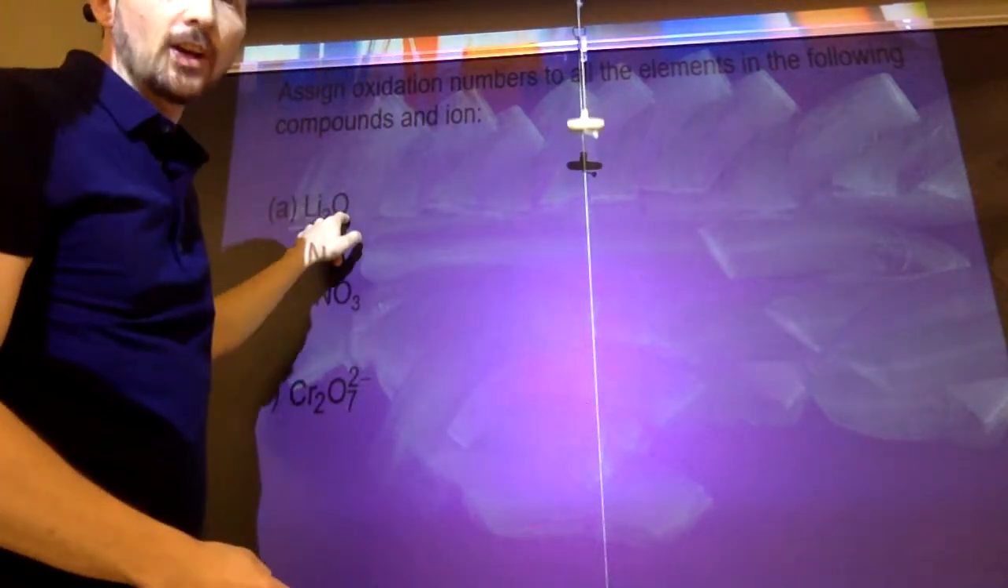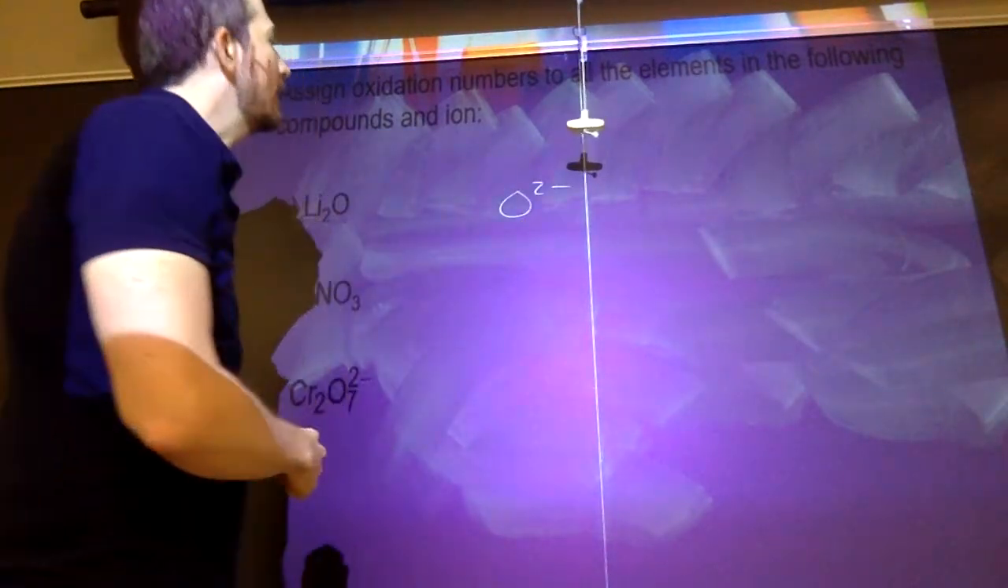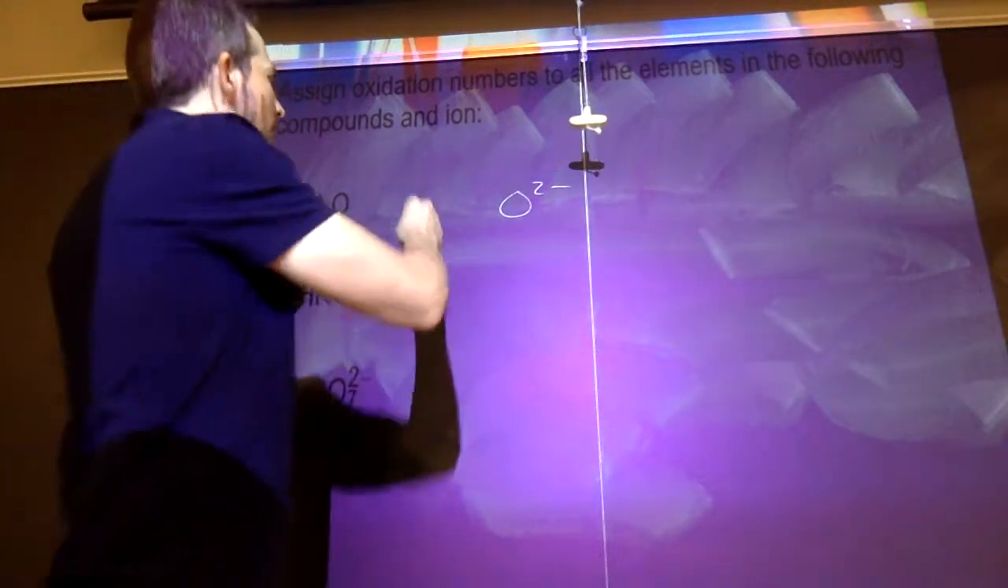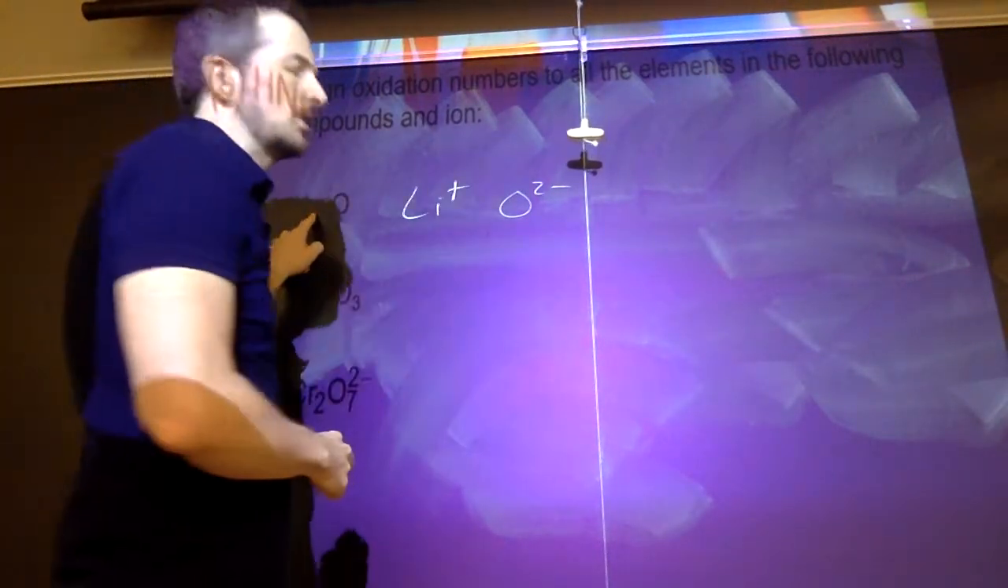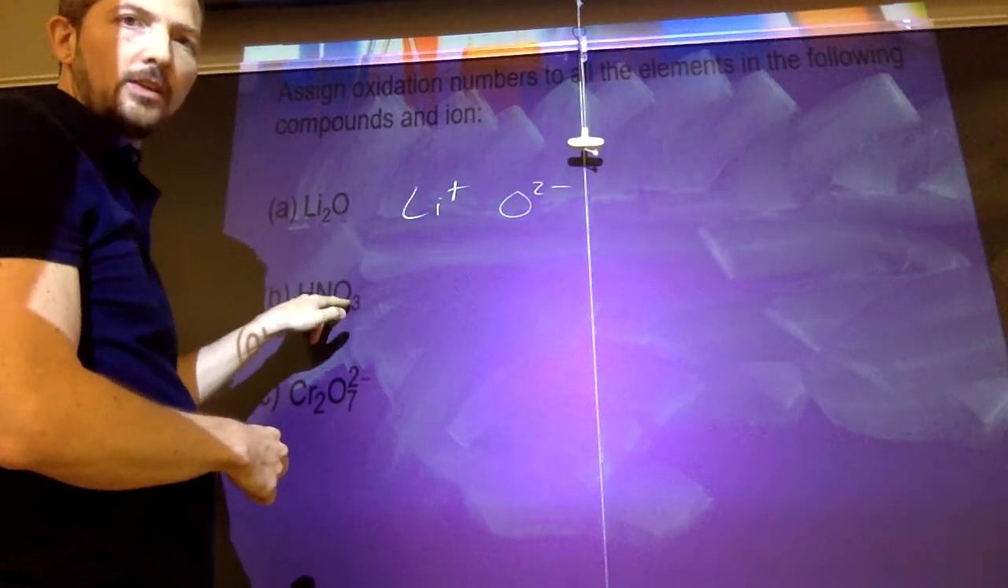So this one's fairly easy. Lithium oxide. Oxygen's a 2-, lithium's in group 1, so it's the same as the charge, so lithium just has the plus. Okay. HNO3. Now this one's where I actually have to